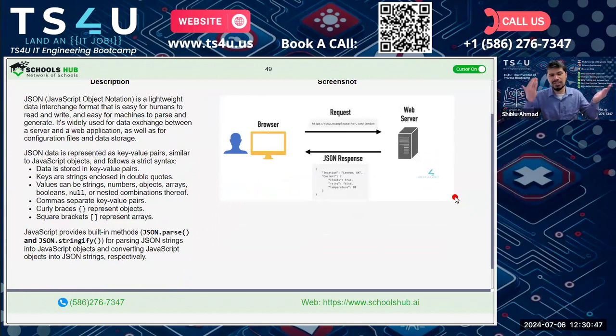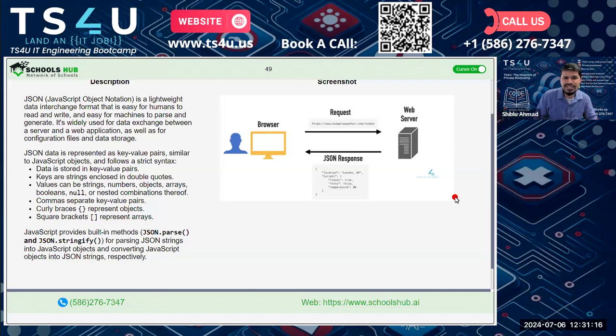It is used server to server, sending the data under the hood. It is also client to server, sending the data under the hood. Because when you're sending something like an image from the browser, it doesn't send like that. It works a different way. So it's a lightweight data interchange format, as I mentioned, client to server, server to server, and